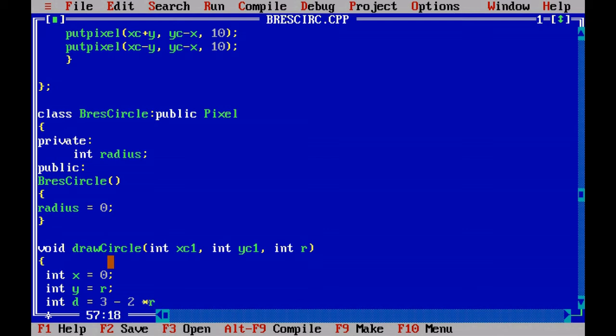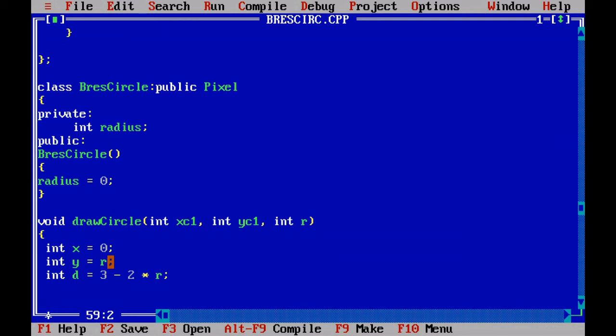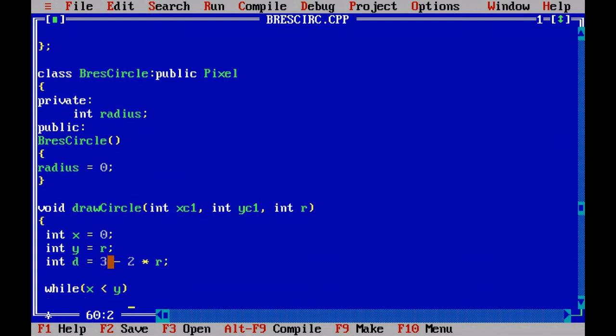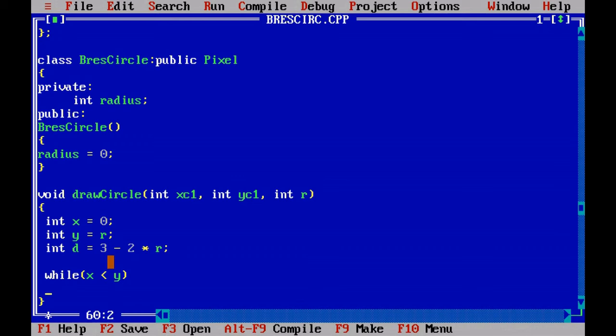Now we are going to check that x is less than y. Means while x is less than y, we have to repeatedly do some things. Okay, so here in the while case we have to call our pixel class method, which is draw arc. Okay, and it will take what? It will take this xc1, yc1, x, y coordinates. Okay, this method will draw a circle in 8-way symmetry,